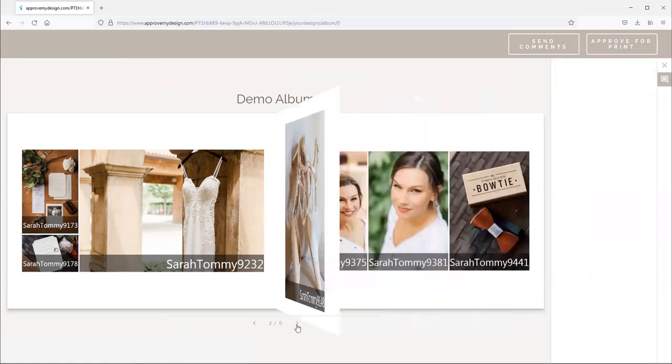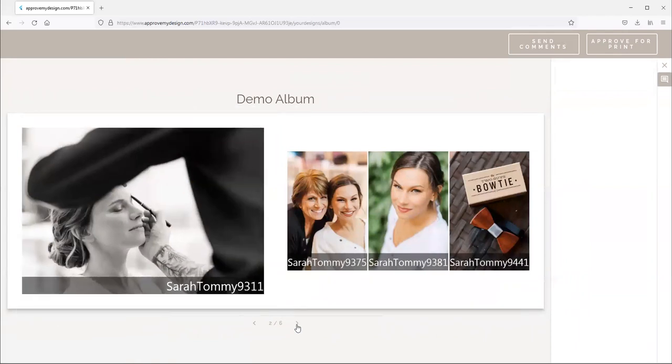So let's go to the next page. Now, let's say we love this spread, but here's a picture of Sarah with her mom. You see the file name is Sarah and Tommy 9375. And let's say we like this layout, but we want a different image because there's one we took right afterwards. We want it. So we're going to go like this. I'm going to highlight it, drag around it, and say,